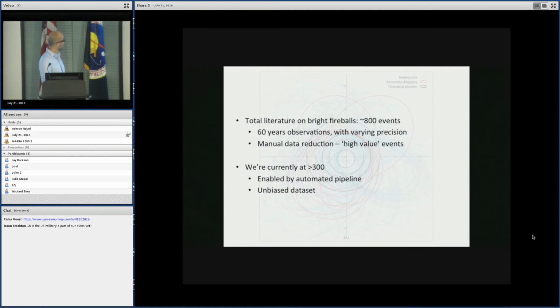So this is probably a little bit optimistic. I was talking to my colleague Peter Jenniskens about this number, and I think we were a bit optimistic about the brightness that we were seeing. But